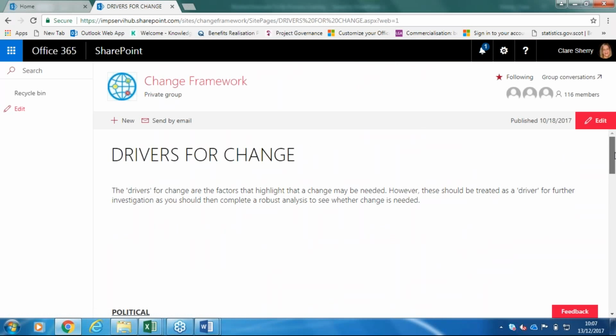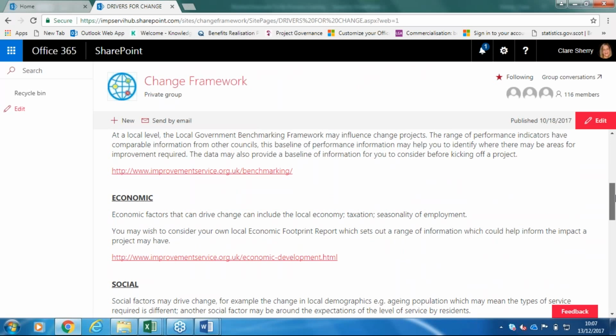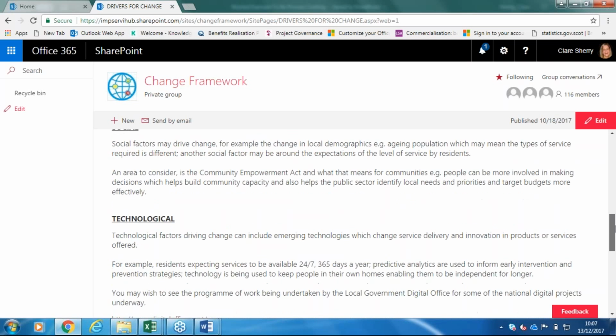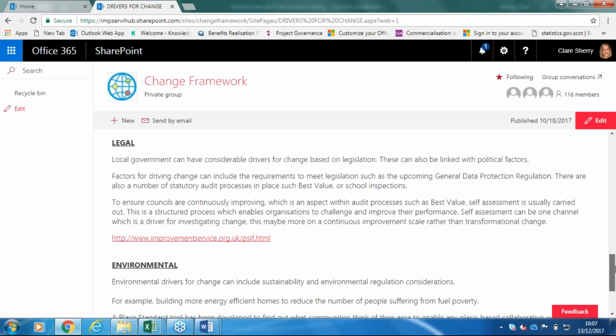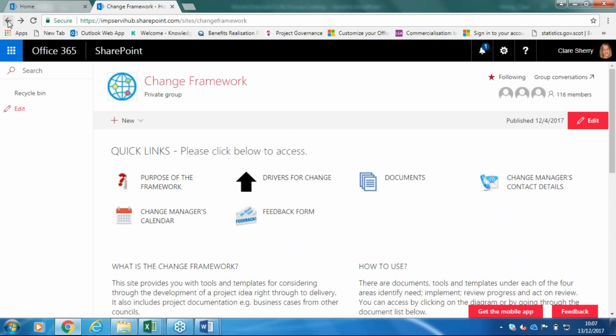It's not saying that everything we've got is going to be absolutely fit for your own council or for your working with partners, but what we try to do is have something there that's at least a basis based on the need that you guys are telling us that you have. So in terms of what this framework is intending to do, it is meant to be about a kind